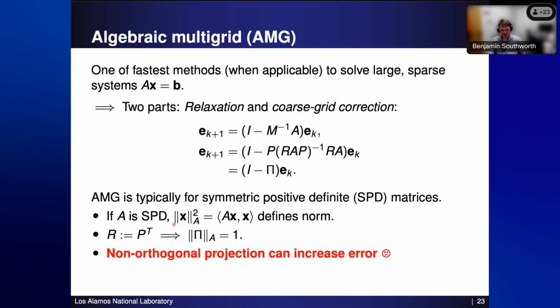In the non-symmetric setting, especially highly non-symmetric, generally you're going to have a non-orthogonal projection. It's very difficult to construct any kind of sparse coarse grid operator and transfer operators where you're orthogonal in any kind of known inner product. And the downside of that is that you can increase your error. You might decrease your error in some regimes, but in the bad range of your projection, you can actually increase your error. That makes it really hard to get nice convergent methods on some problems, because unless your relaxation immediately damps down any error that you increased, you can diverge very quickly.